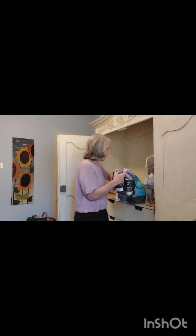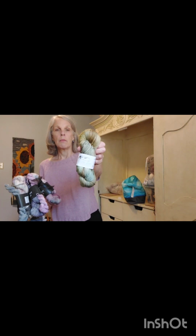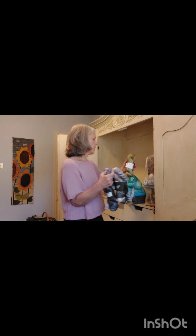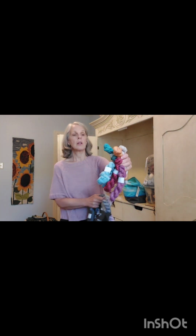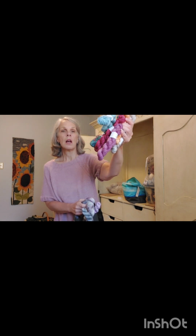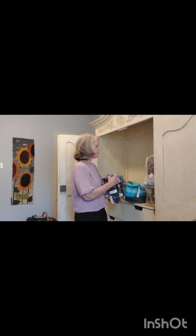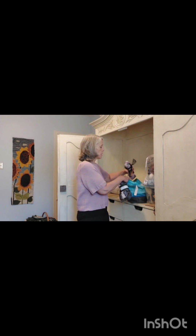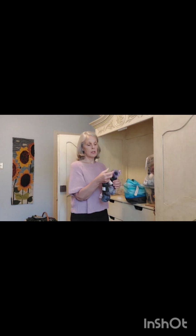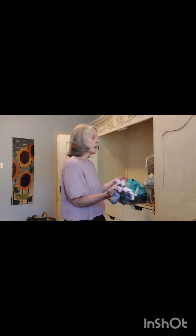And then I also have my yarn indulgences. This is the big 100-gram skein that you get, and then all the minis are in here from last year's Advent. You can see I've used some of these minis, not a lot. I have to tell you though, this is decadent. This is too much. It's terrible. I consider myself terrible that I haven't used this yet, but I have got to tell you, I love having an Advent open